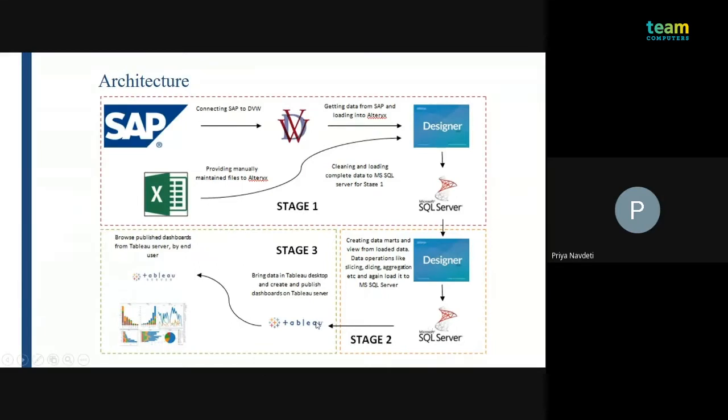Then from SQL, we are accessing Tableau. Here it can be Tableau as well as Qlik, because SQL can connect to Tableau as well as Qlik. So from SQL we are accessing the data, and we do the further process, that is visualization. We are creating visualization in Tableau. So this is basically the architecture of the process we have followed in the total project, and where the DVW stands. This explains the process of total SAP and DVW.